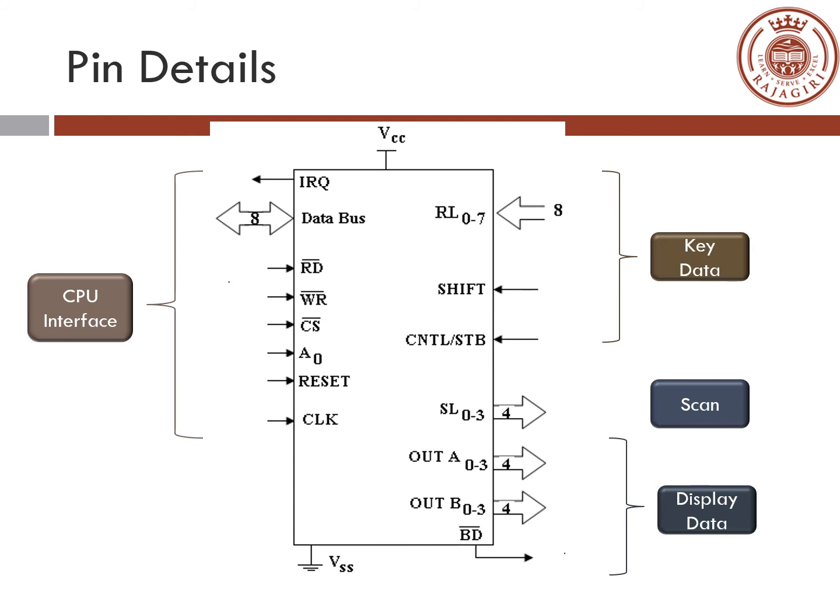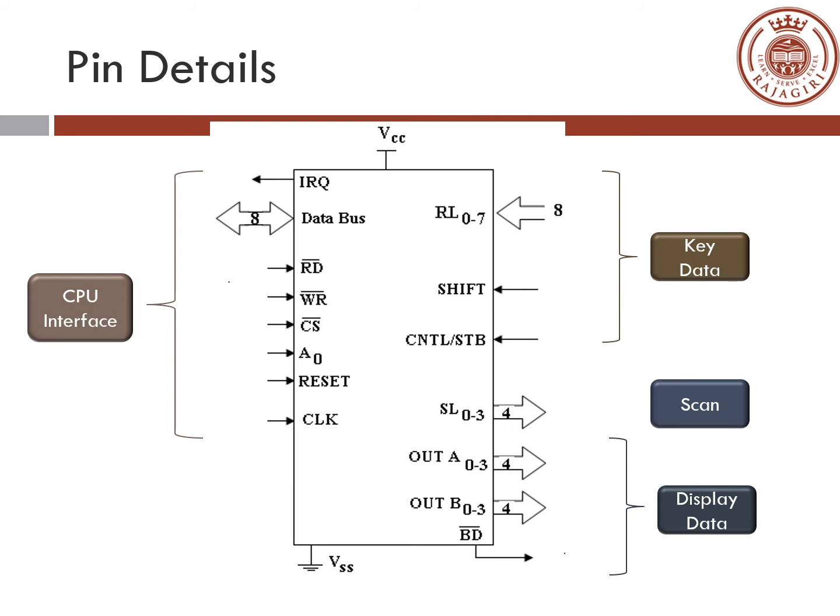And we have the read enable and the write enable and the chip select, a reset and a clock. And the signal A0 which is used to interpret the data bus word as either a control word or status or as data. The IRQ goes high whenever the data entries are stored in the FIFO,